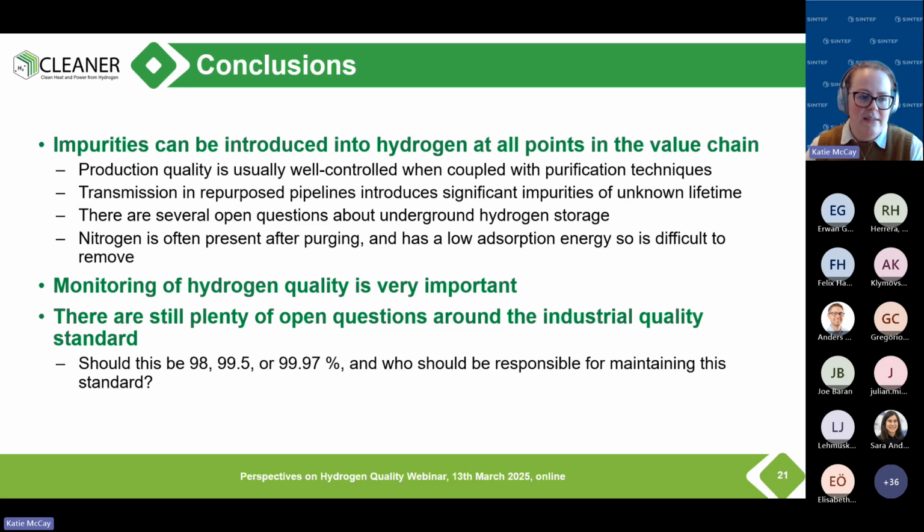So one of the key points is that monitoring hydrogen quality is really important, because we need to keep track of what's introduced into the hydrogen, so we know that we need to remove it. And finally, there are a lot of open questions about the industrial hydrogen quality. I don't think I necessarily answered the question of this talk, which is what is industrial quality hydrogen, because there